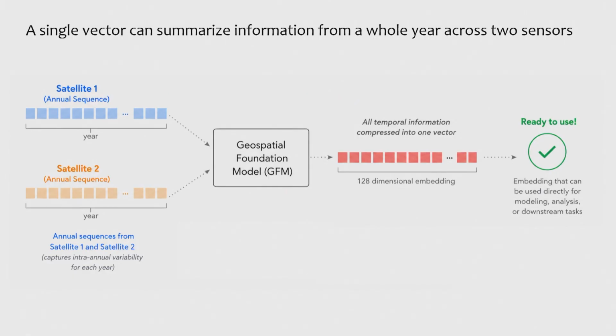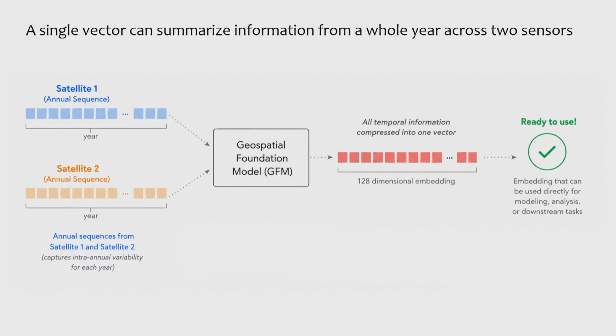And the very nice thing about having a single vector like that is that you can use this embedding as data and apply quite straightforward machine learning methods to it to come up with predictions. And so this can, in theory, be used for all sorts of what's called downstream tasks, maybe forest height, disease tracking, disturbance tracking, species identification. It's ambivalent to all that because what it's done is compress the data without knowing what the downstream task is going to be.